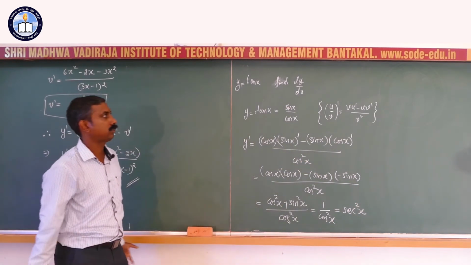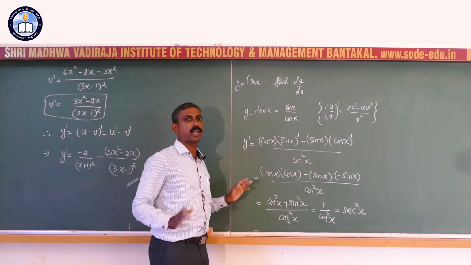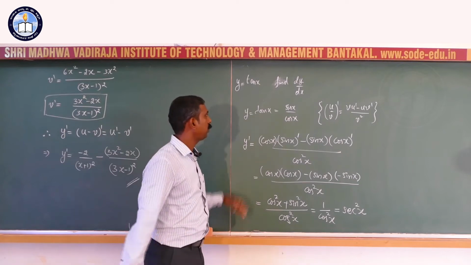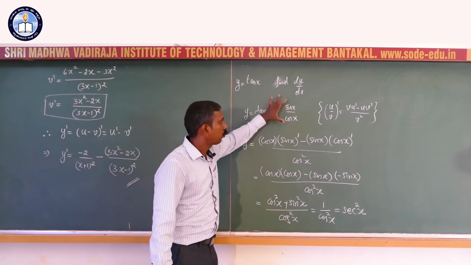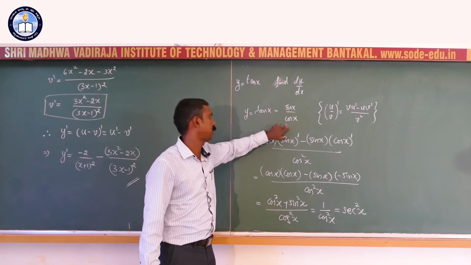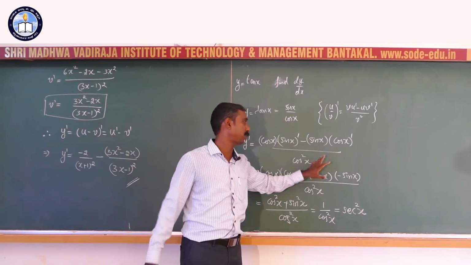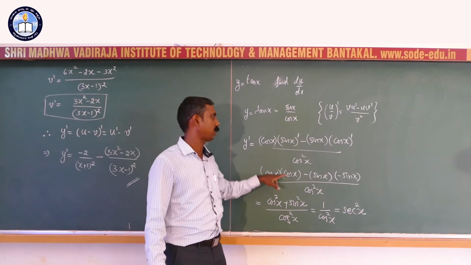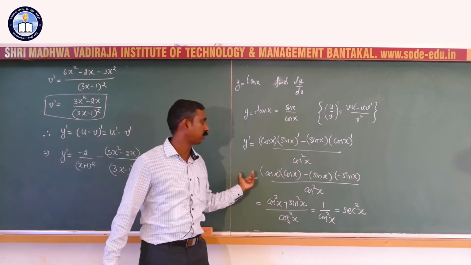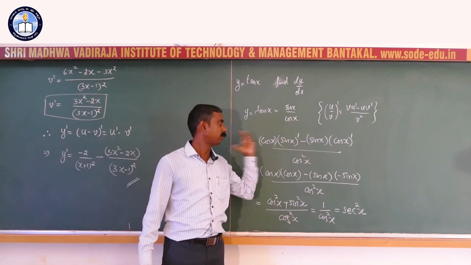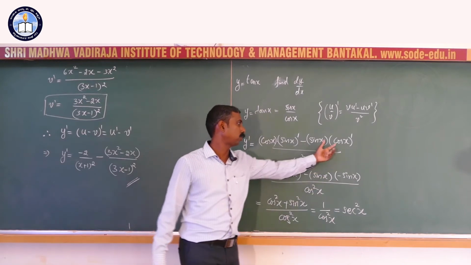So, what you have seen here, already the tan x derivative we have found out using the first derivative principle. Now, it has been verified once again by the usage of quotient rule. See that quotient rule u by v form, that is sin x by cos x is there, and we have differentiated cos x and sin x already using the first principle, and we know the derivatives of sin as well as the cos. Sin derivative was cos, cos derivative was minus sin. So, when you apply the quotient rule, we are getting cos into cos, cos square x, and sin x into minus sin x.